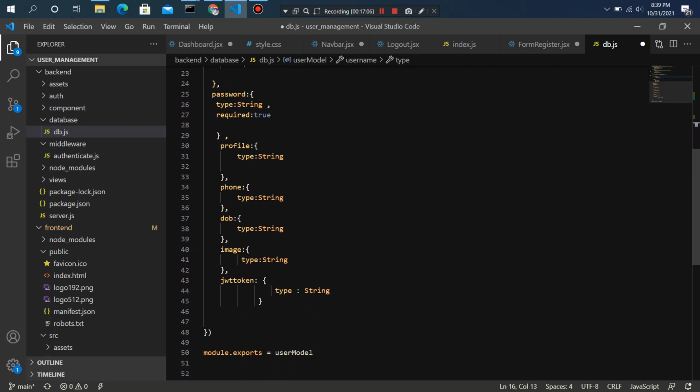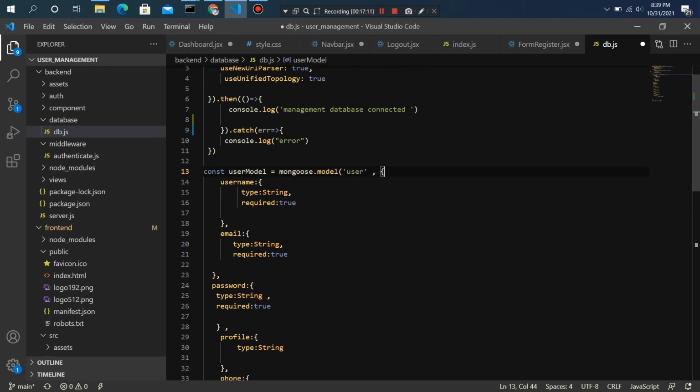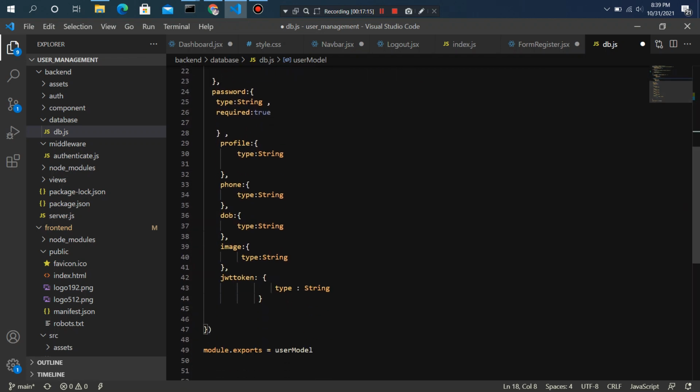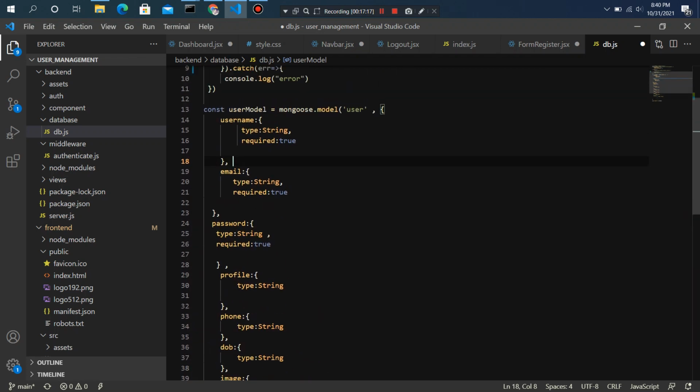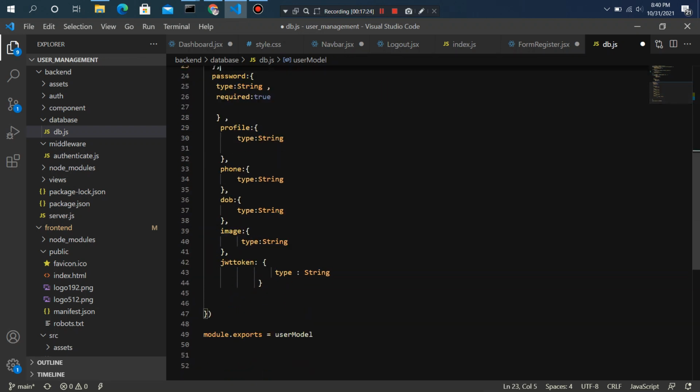It's not compulsory because we are entering only some collected values. I have made username, email, and password compulsory, and profile, phone, date of birth we can change later, so I have not used the required field for them.